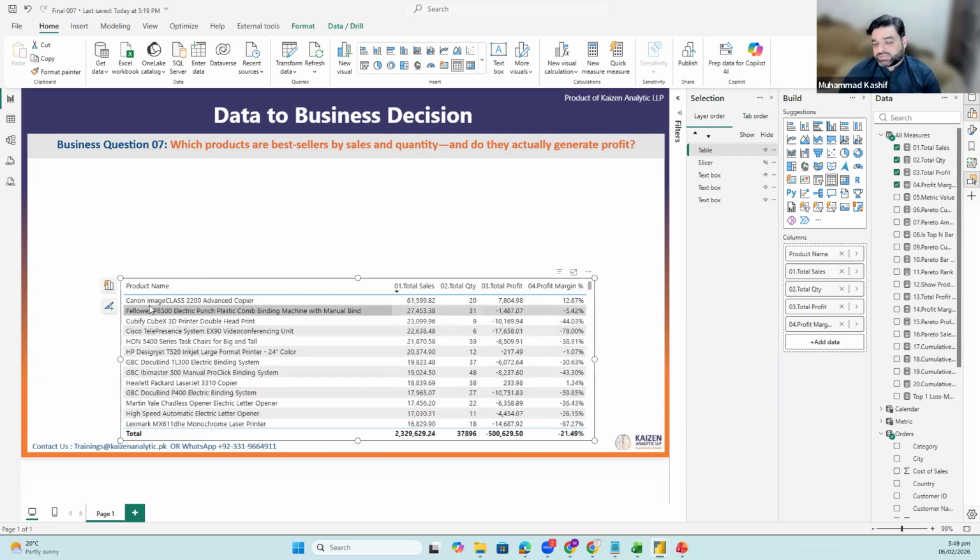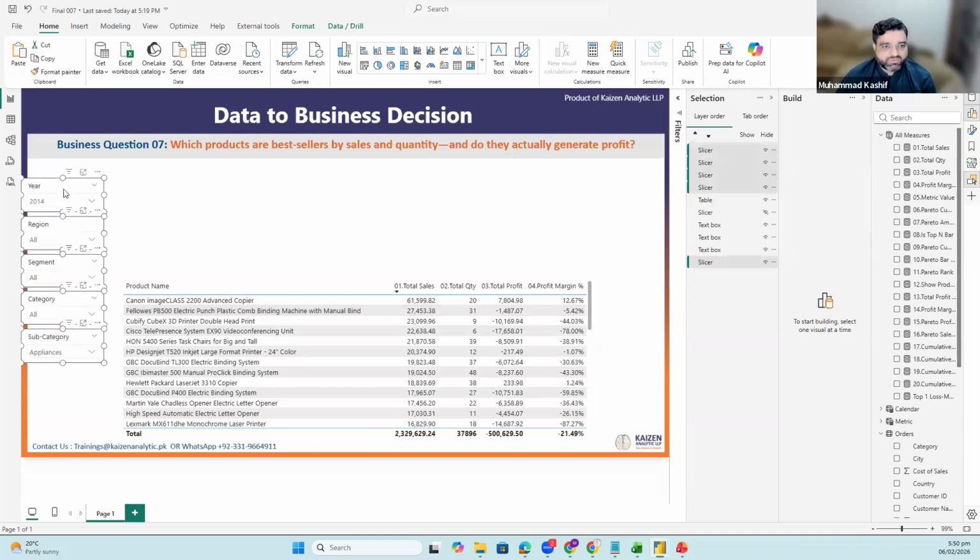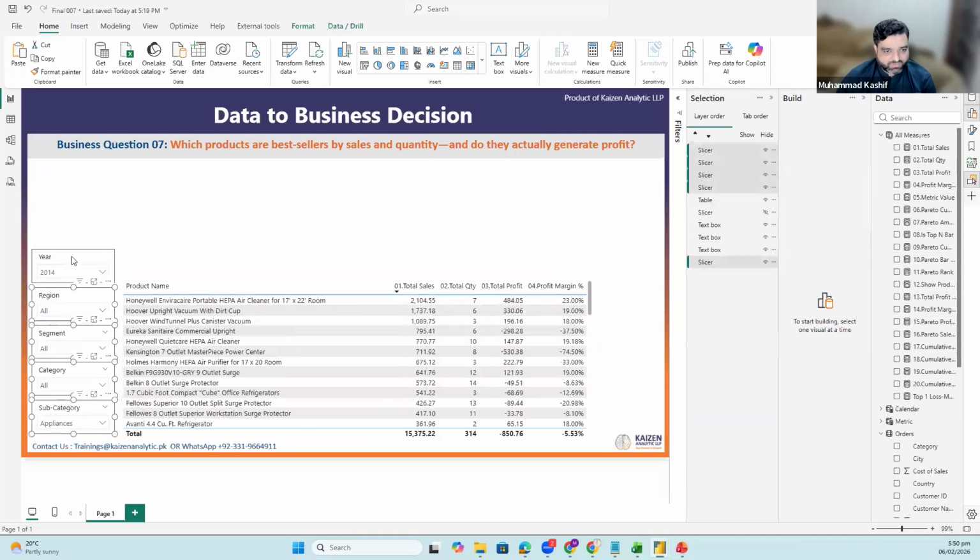without any selection of any slicer. So it's around 3 or 4 years of data accumulated. This is the product, this is the total sales it's generating, and this product is generating sales over 3 or 4 years, of course, because this data has, I think, 3 or 4 years of transactions. So I will just take the liberty of adding the slicers over here to make things much more